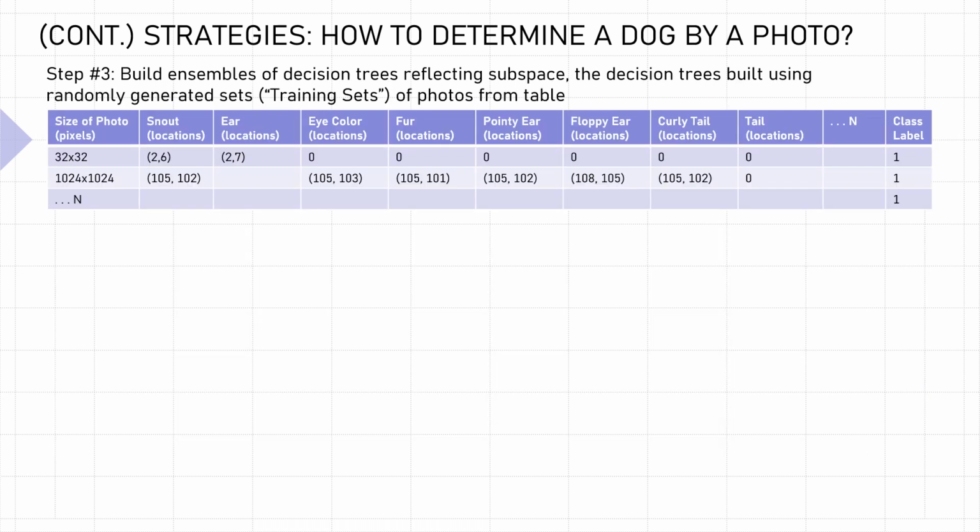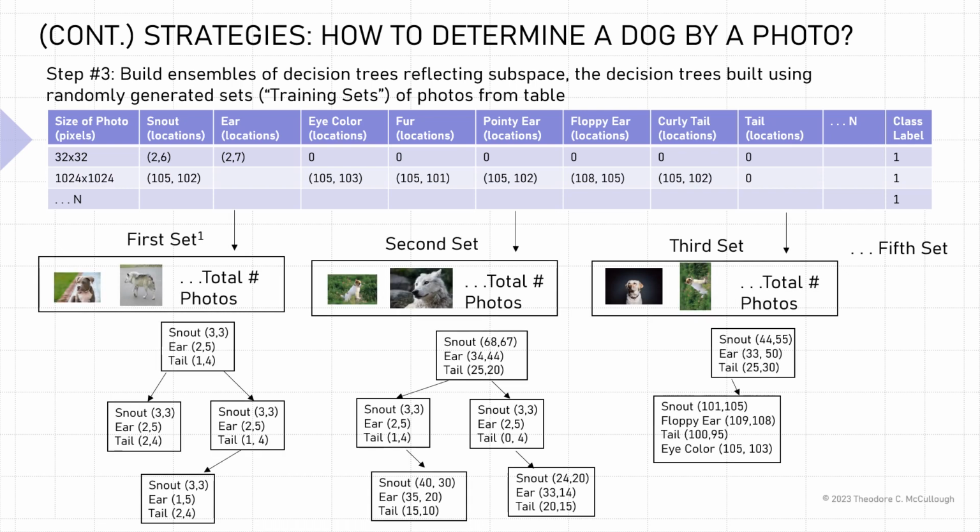So you have your table. The next thing you're going to do is determine the number of subspaces that you're going to have within your space. Each one of these subspaces is going to correspond to a particular decision tree in your random forest. You can have 100 decision trees, you can have 1,000, it's really up to you, but each one of those decision trees is going to correspond to a subspace, which is going to be based upon a data set. So let's talk a little about how the data set's created.